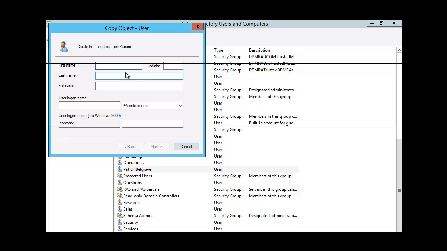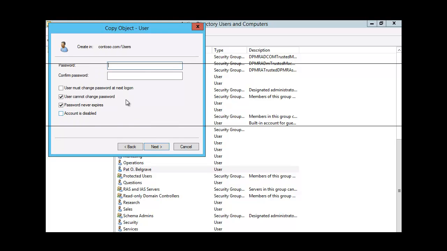What I need to do is type the name of another user, so we're going to type Harry, H, and his last name will be Belgrave, and his login name would be H Belgrave. Go ahead and say next. And we're going to type the password for him. It says password 08